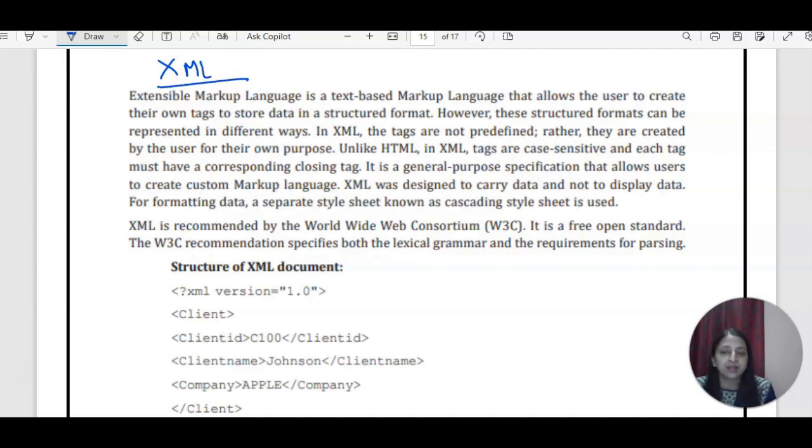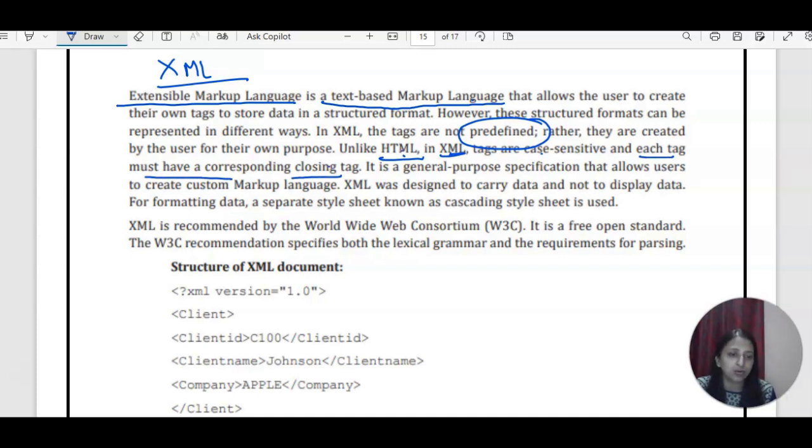Okay, XML is extensible markup language. It is a text-based markup language, but in this we don't have predefined tags like in HTML. In this you can create your own tags. HTML is not a case-sensitive language, but XML is a case-sensitive language, and you can create your own tags. Okay, and all tags you open you have to close also.